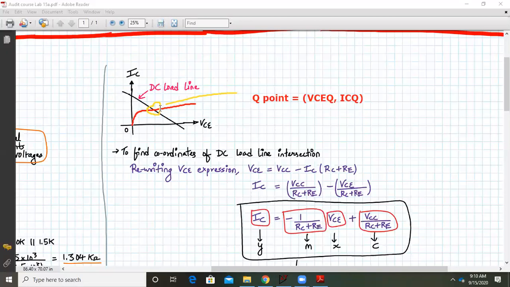What do you mean by stabilization? I mean, the Q point should not change. The Q point should remain, because if my Q point changes, my transistor will go from one operating region to another operating region. It might go from active region to saturation or active region to cutoff. That's why my Q point should remain stable at this point. And where is my Q point located? My Q point is located on the DC load line. And normally, where should it be? It should be at the center. So that's the concept of this DC load line and the Q point. Okay, let me clear this now.